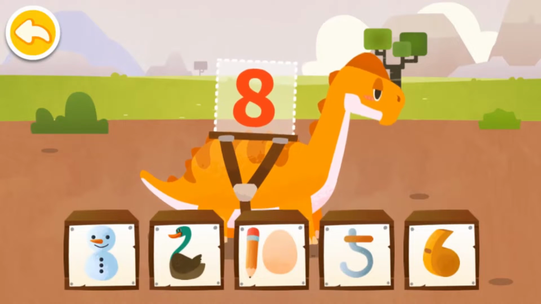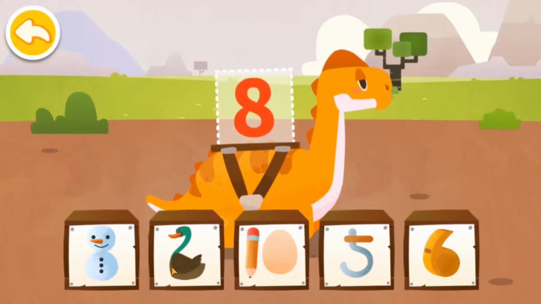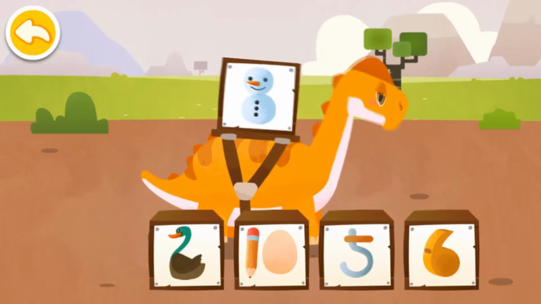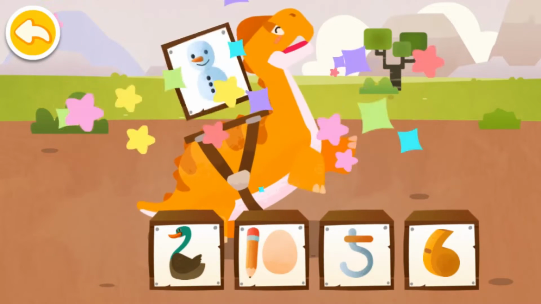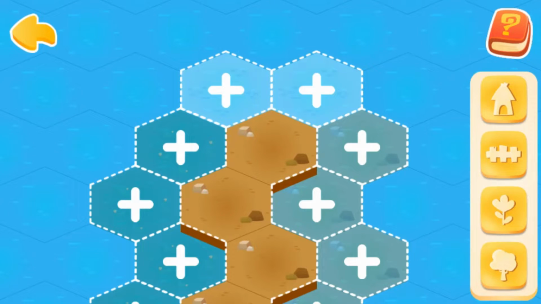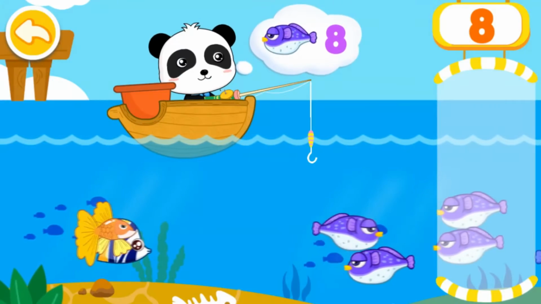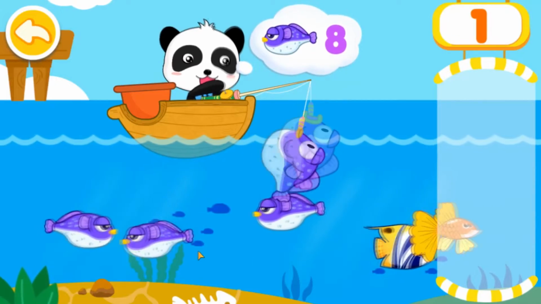Which image most resembles the number on the dinosaur's back? 8. Shape of a snowman. Ball on ball. Let's go fishing. 1,